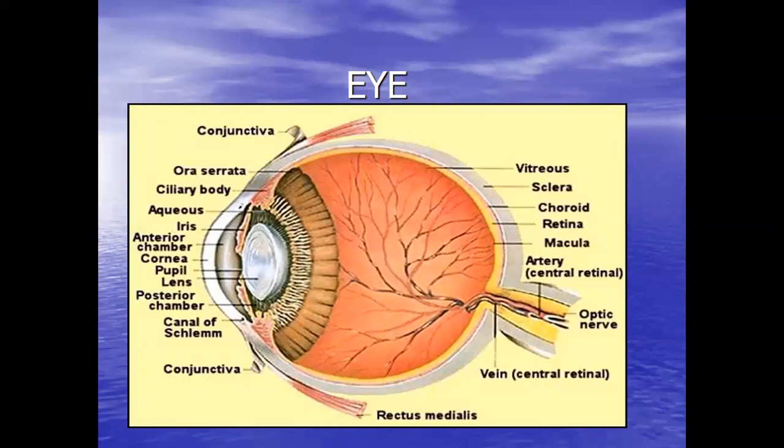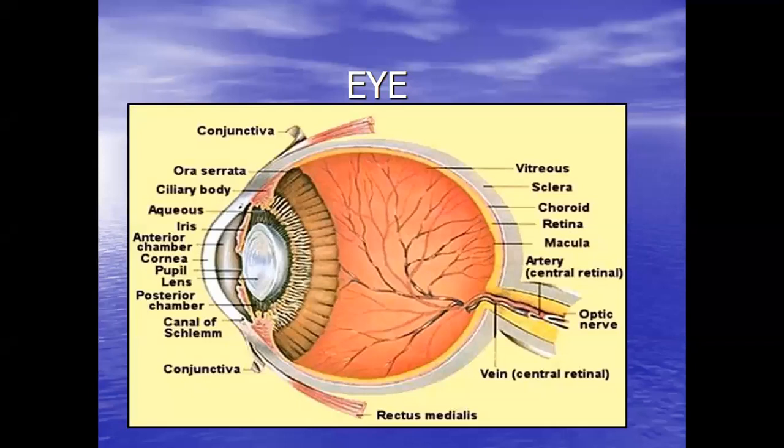Convex lenses are those lenses which converge the light rays, and concave lenses are those lenses which diverge the light rays. In a human eye, the light rays that are coming from far distance away are parallel to each other, while those light rays which are coming from very near view are diverging. So in the eye, we need a lens which is able to converge all the light rays onto a point focus on the retina. So that lens should be convex.